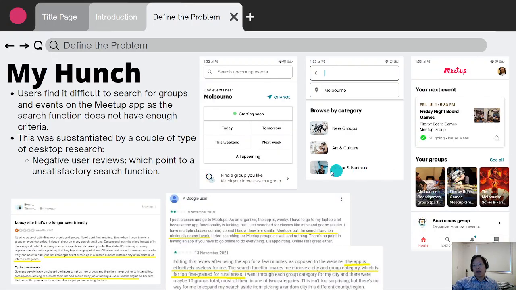So my hunch revolves around the Meetup app in particular, and it revolves around its search function, which is screenshotted here. And the hunch is that the search function does not have sufficient search criteria to give users a satisfying experience. Initially, I've completed some desktop research, and you can see these 1 to 2 star reviews actually complaining about